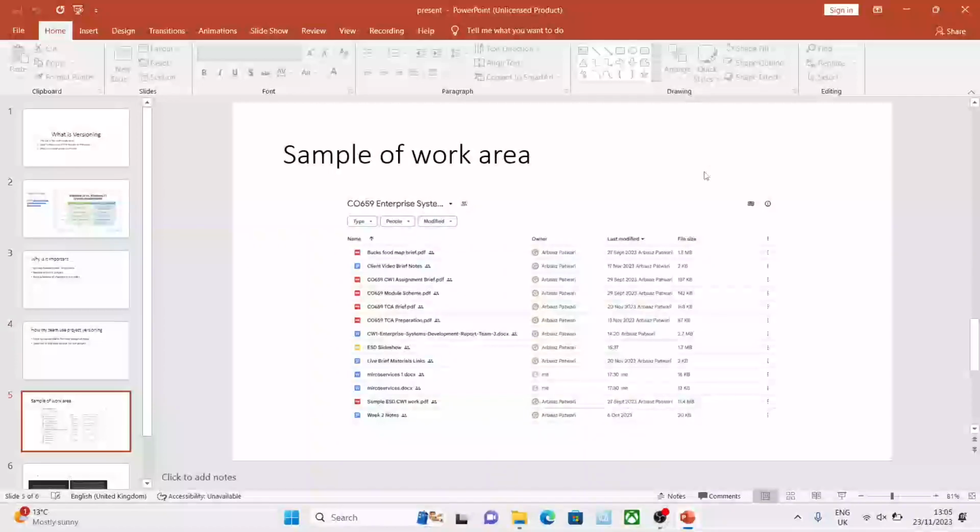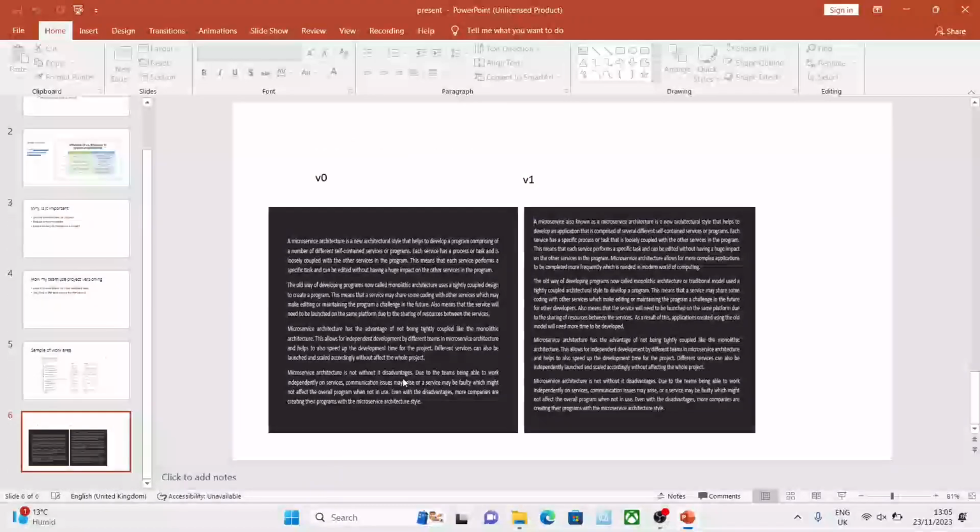Now here is a sample of the work area. If you look at the bottom, you will notice that we have microservices and microservices 1. Microservices is the initial draft, and microservices 1 is the updated version of my task. If you look at version 0, you notice that version 1 has more details than version 0.